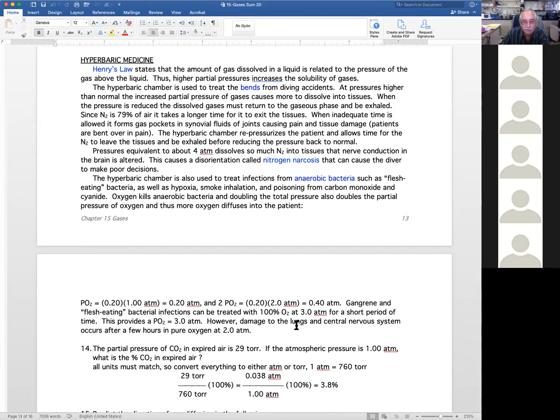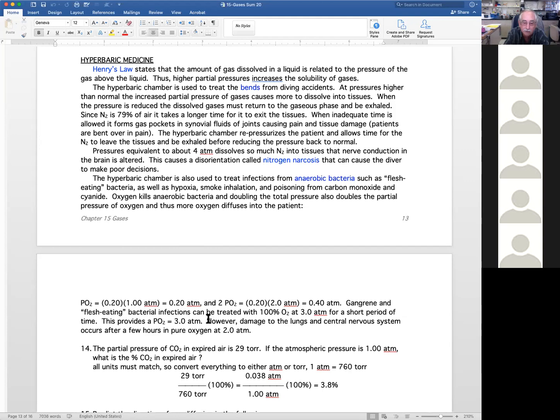anaerobic bacterial infections. So I was talking to the guy who used to run it. I think he's since left. But he would be able to put patients with gangrene and other flesh-eating type bacterial infections. These are anaerobic bacteria. So he could put them at 100% oxygen at 3 atmospheres for a short period of